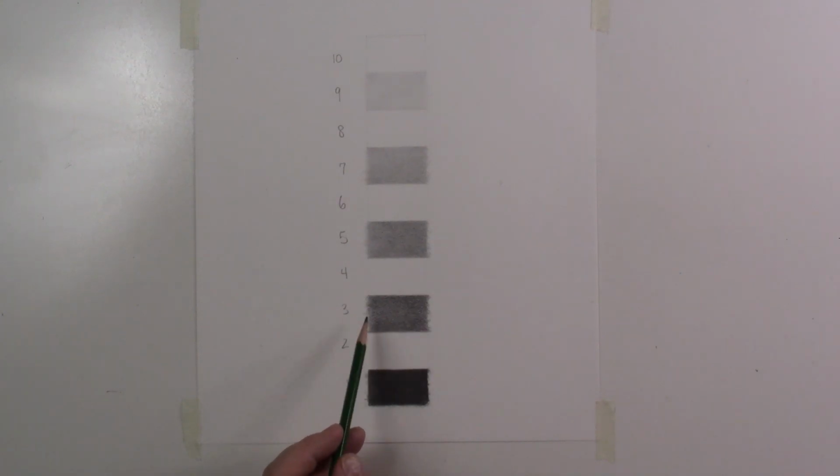At least I think I was supposed to grab the HB. I just realized I don't think I did, but if I had, it would just minimize a little bit more of what was going on with those textures. So I think you can see now that we've done this, we're going to have every other step